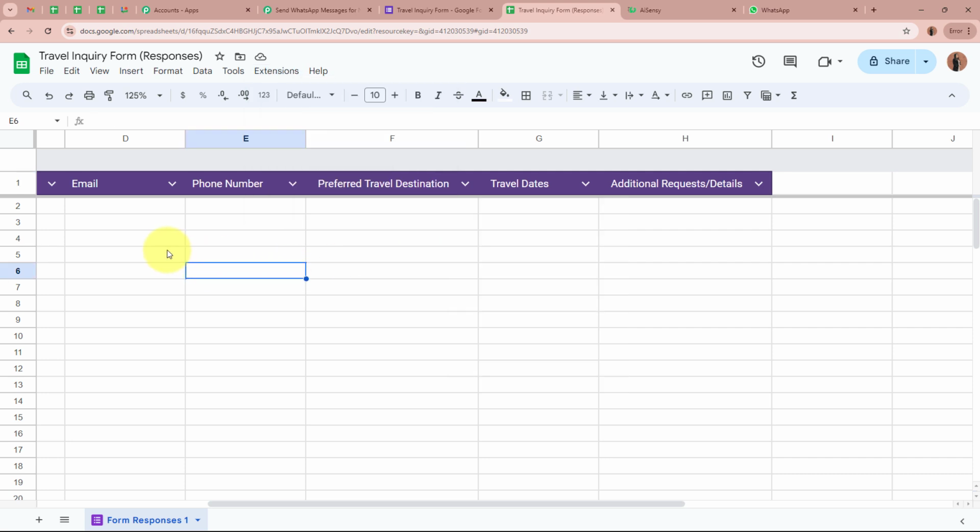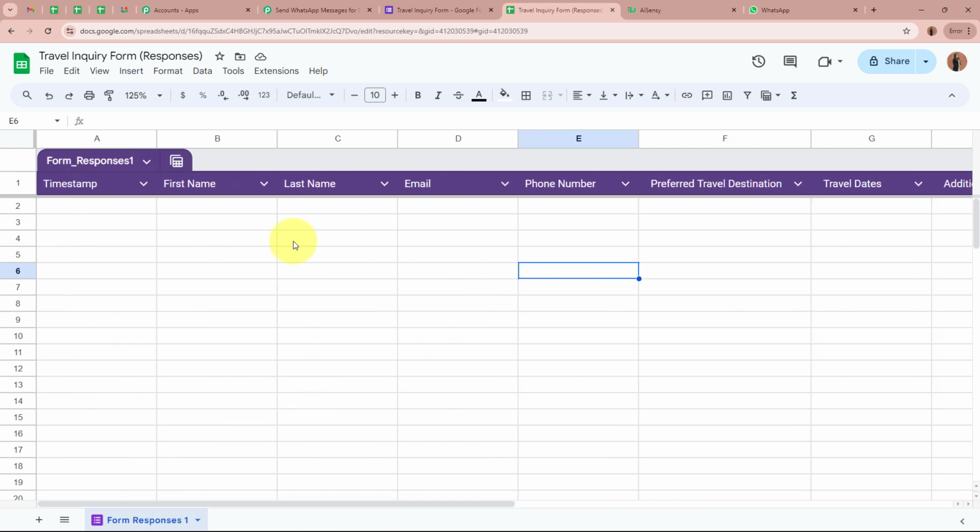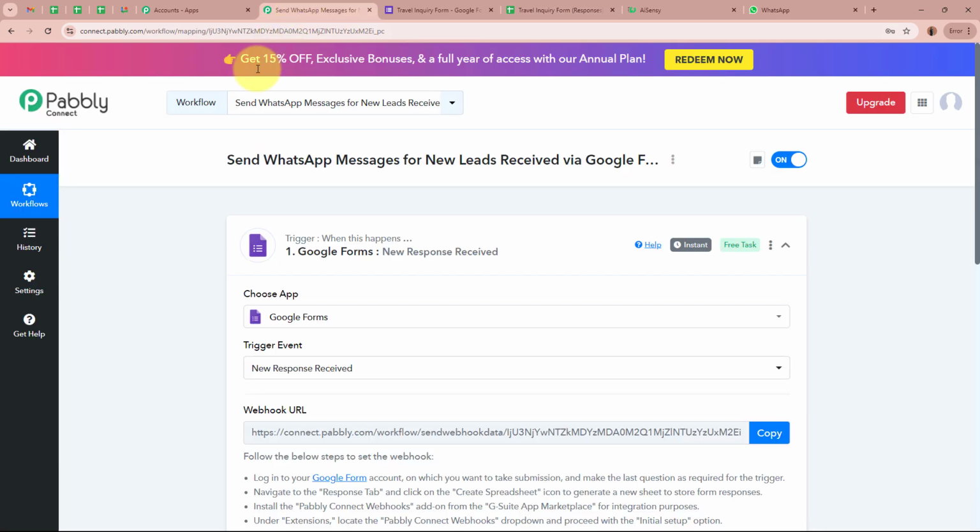It is very important to click on send on event, because whenever new data is captured in the spreadsheet right over here and a record is created, the spreadsheet is automatically going to send that data to Pabbly Connect. That is why it is very important to click on send on event. Okay. As now we have successfully created a connection between Google Forms and Pabbly Connect, I'm going to go back